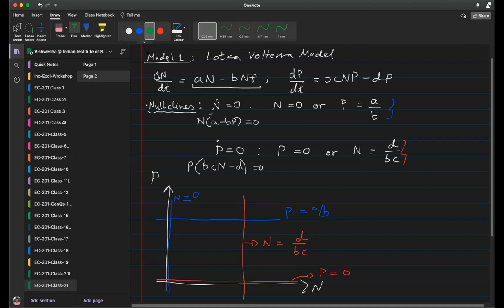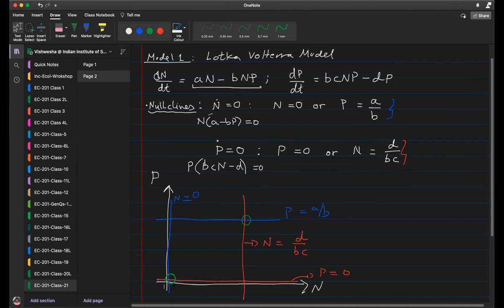So now the equilibria are wherever they're intersecting. There are two places where the red and blue lines intersect. One is here, one is here. Okay. So we can intuitively guess what should be the 0-0 equilibrium. The 0-0 equilibrium, one at the bottom left corner, is an extinction equilibrium where both A and B are 0.